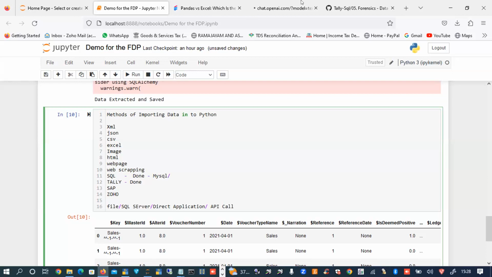Next, before this importing part, I'm ready to take questions, because data importing is the important point on data to be processed. Any other questions, sir? Shall I move on?